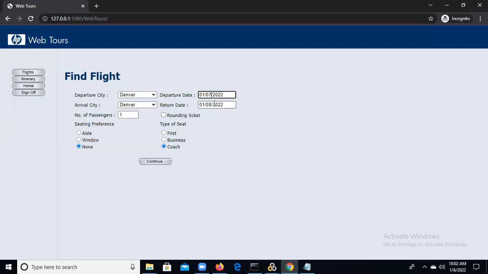Otherwise, see, you want a future date and a past date you have done, but you want to go with the future date. What can we do? We can give an offset of 1. Then what will happen to the arrive date? The return date will automatically come as the 8th, after the 7th. Yes. Okay.